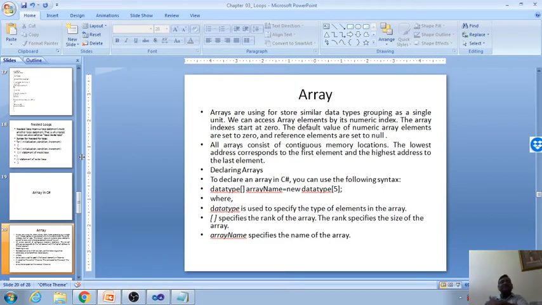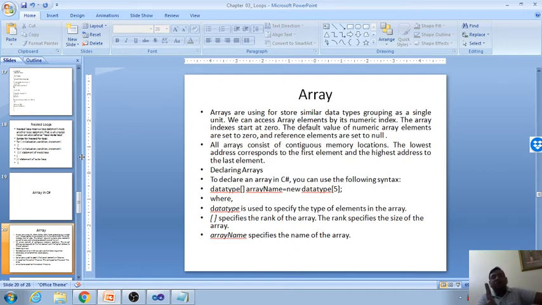So what is the array in general? In the array we can store more than one value. If we declare one array of size 10, we can store 10 values. If we declare an integer type array, we are only able to store integer type data.